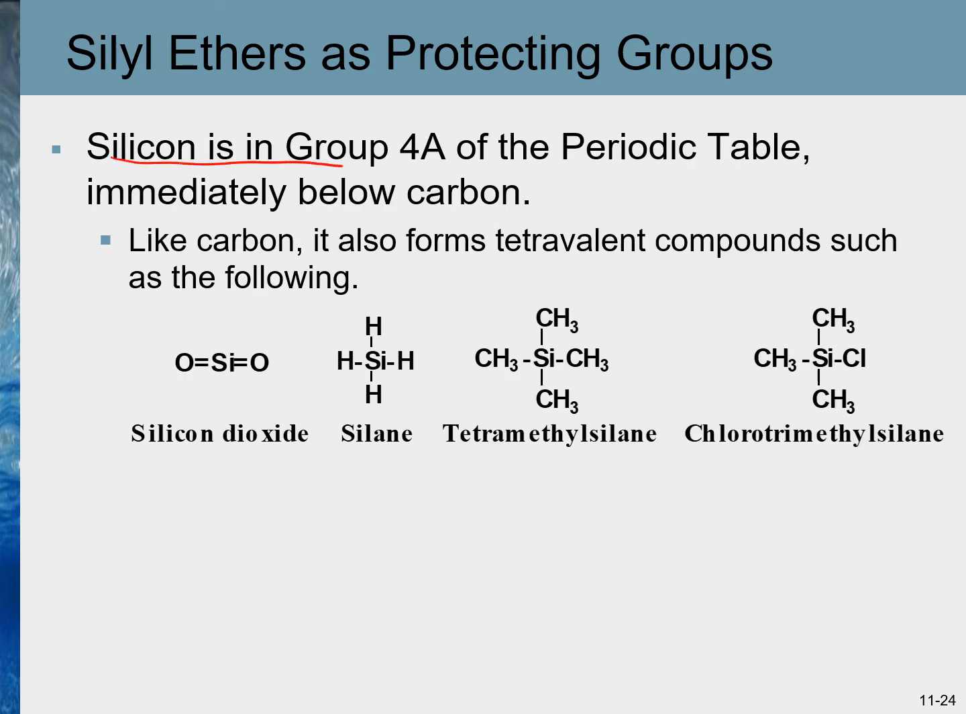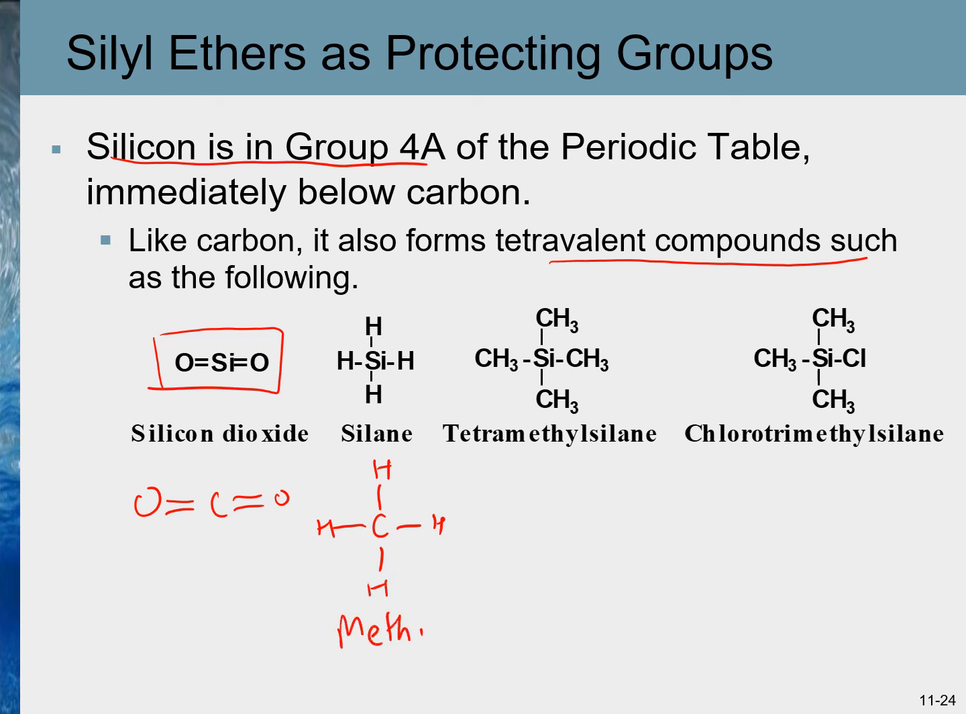Silicon is present in group 4A just below carbon in the periodic table. Just like carbon, it also forms tetravalent compounds as shown here. For example, carbon forms carbon dioxide and silicon forms silicon dioxide. A compound similar to methane is silane. In methane, carbon is bonded to 4 hydrogens, and in silane, silicon is bonded to 4 hydrogens, just like methane. Because of these similarities in many other properties, silicon is also able to form covalent bonds with carbon atoms. For example, in this molecule, silicon is bonded to 4 methyl groups, and the name of this compound is